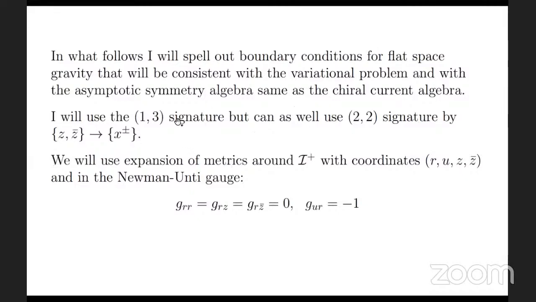I will mostly use the language of (1,3) signature. However, whatever I say is easily applicable to (2,2) signature. All that you have to do is to take the z and z bar and interpret them as two light cone coordinates again. So we'll use the expansion of the metric around scri plus. I will work in that patch, again using the same coordinates that I introduced earlier, and use this so-called Newman-Unti gauge, which basically says that